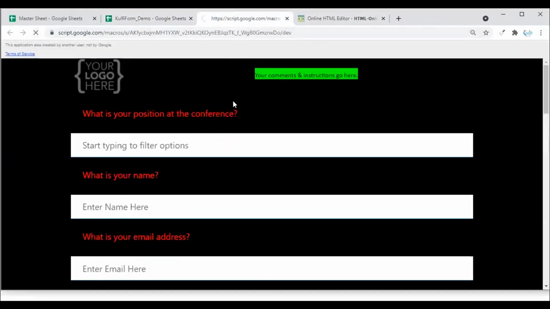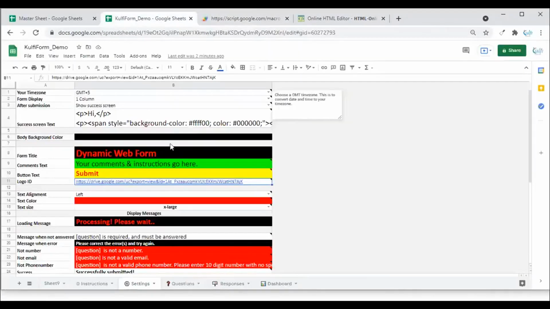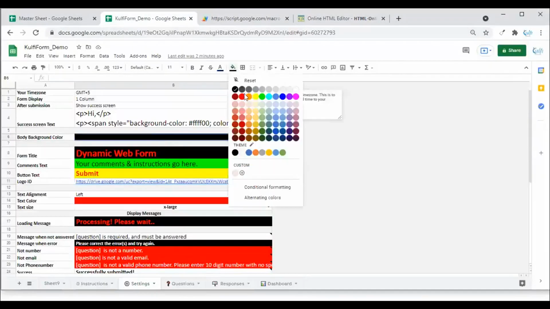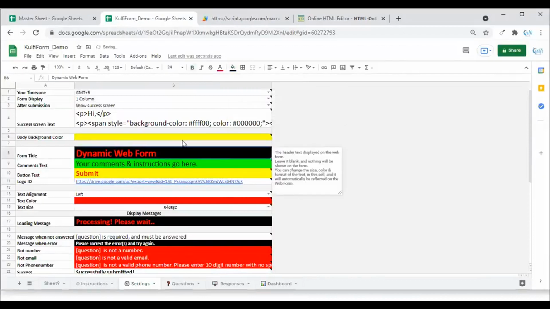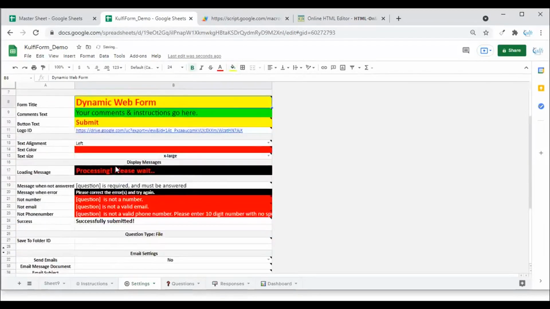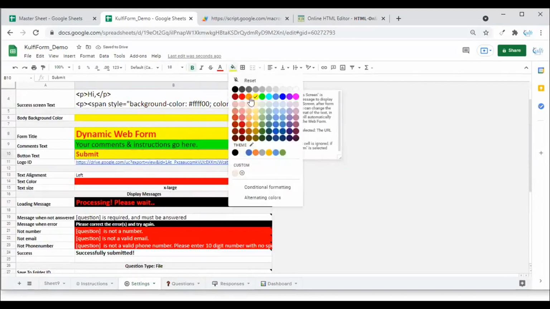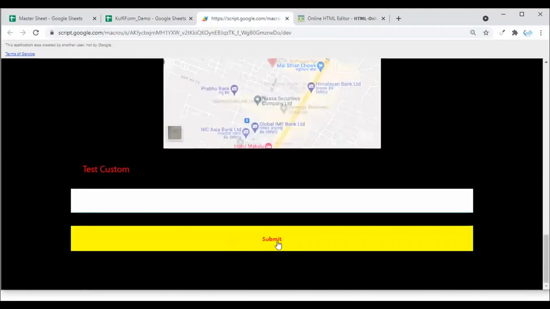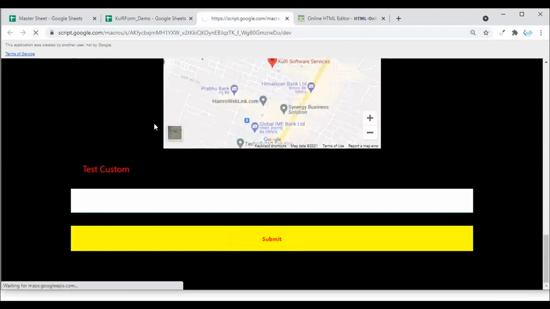Okay, so this is the form which is being displayed from this spreadsheet over here. Now let's say I don't like the black color. What you can do is simply go over here and change this black color to yellow, right? And maybe if you don't like the black background for the title, you can change that to yellow as well. And for the button, I will change it to green. Now you can see over here, this is black and red, and this is yellow and red. But when I hit refresh,